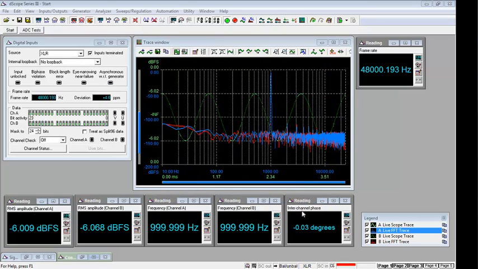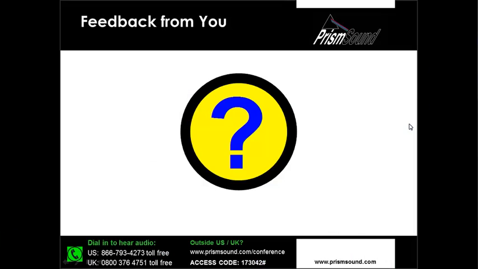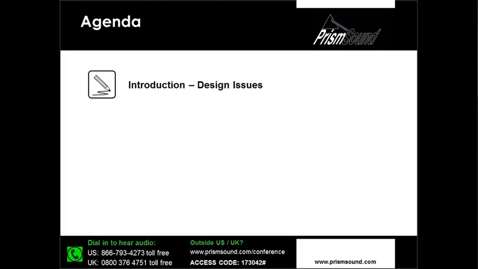So more on that later. For now, I'm going to take you back into my slides and just run you through the agenda for today's presentation. So firstly then, I want to talk briefly about some design issues in relation to audio analog to digital